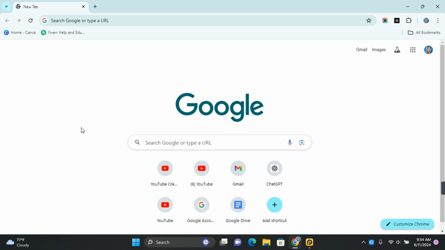In this video, I'm going to show you how to change Google password from Google account. So if you want to change your Google password at any time from your Google account, this is how you can do it. First, you want to make sure that you are already signed into your Google account on that